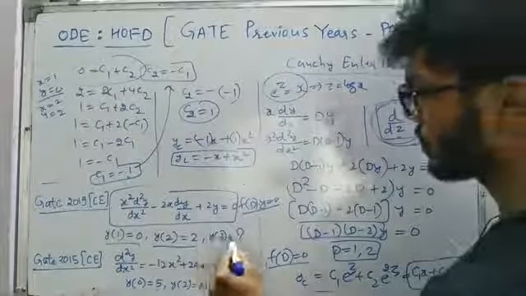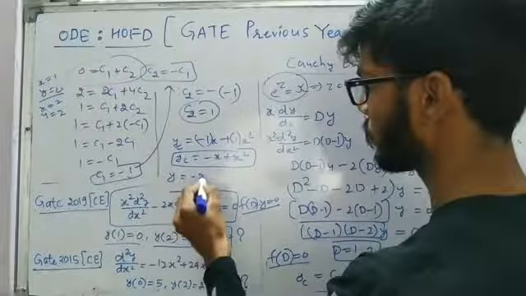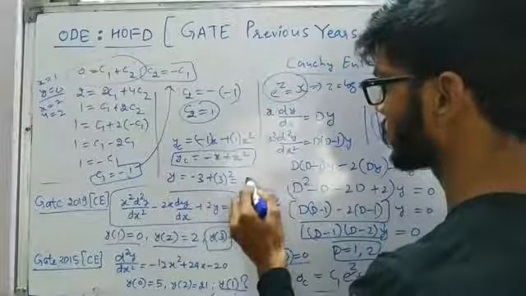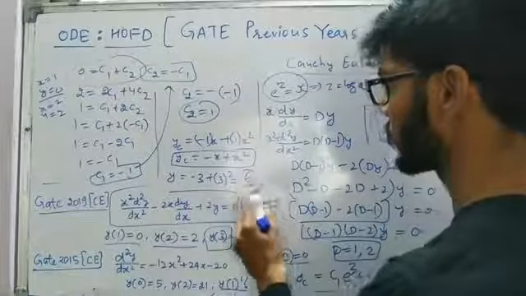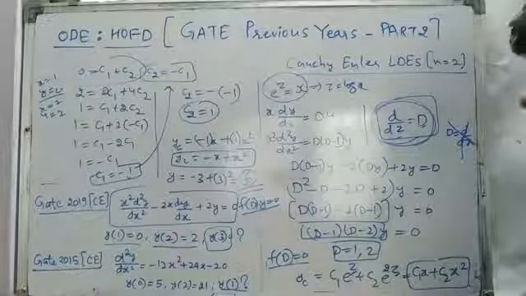So he is interested in the value of y at x equal to 3. So y is equal to minus 3 plus 3 whole square. 3 whole square is 9, and 9 minus 3 will be 6. So our answer will be 6. So that is how you have to approach this kind of problem.